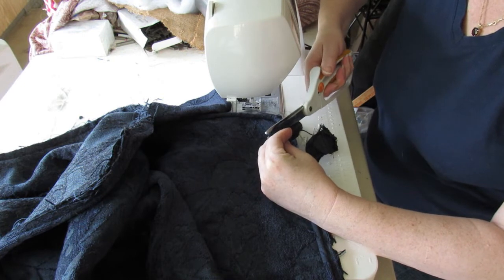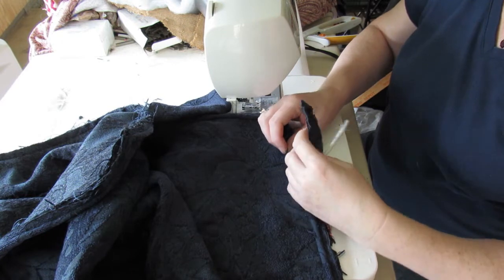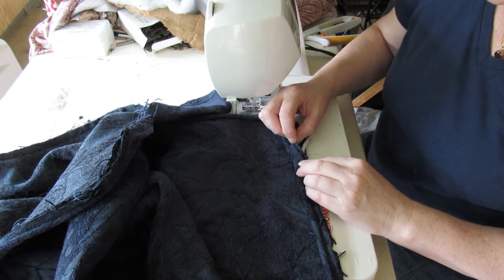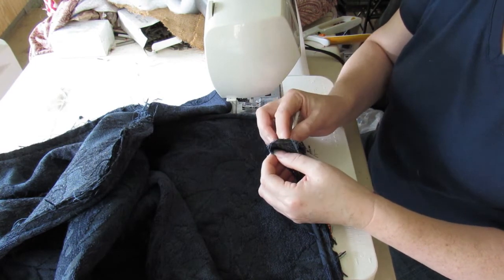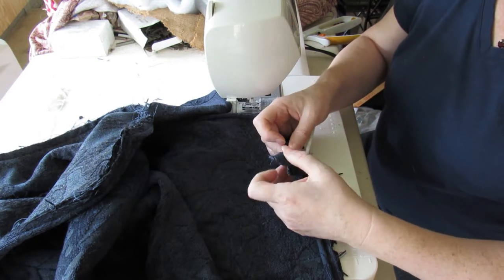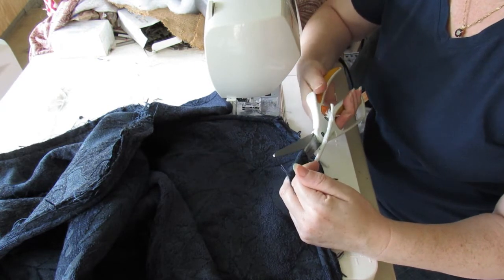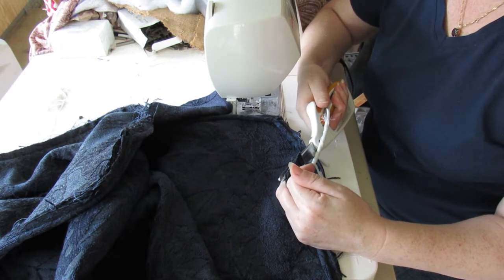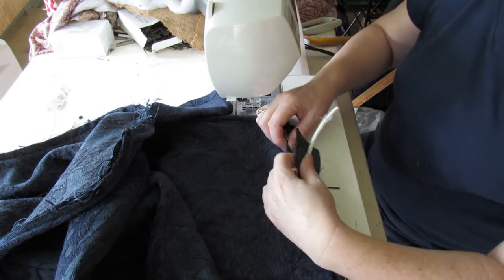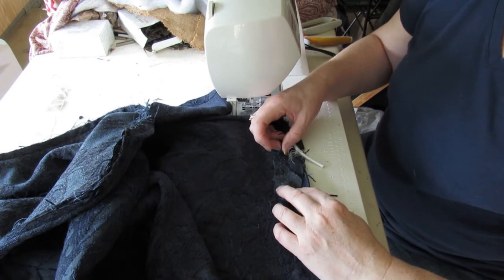So there's my first cut, and then I'm going to just lay that across like this, and about an inch from here back here I'm going to do the same, but I'm going to cross it that way over, so that when I actually sew the seams together, they are already assigned to where they're going. Now I have actually cut it the other way and had to join it, so just be careful. So now if I hold it like that, you can see that the seams both go the same way,